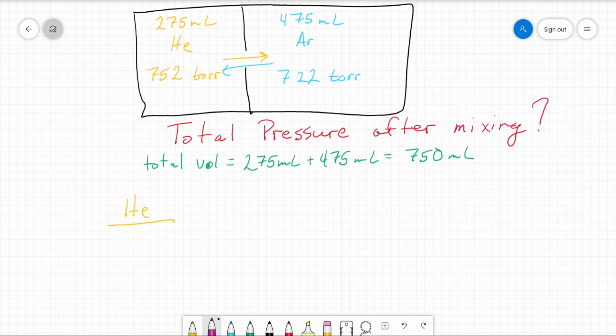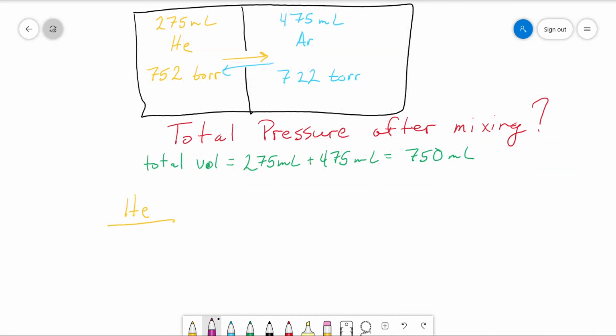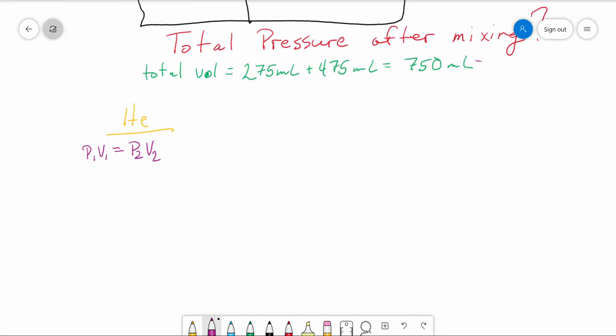let's just get it down here. We have a pressure and a volume. We have a new volume, and we want to know the pressure. So this is Boyle's law, P1 V1 equals P2 V2. Notice there's no temperature here, there's no moles here. We couldn't find those things even if we wanted to. Okay, so we want to find the new pressure. The new pressure is P2. So P2 is equal to P1 V1 over